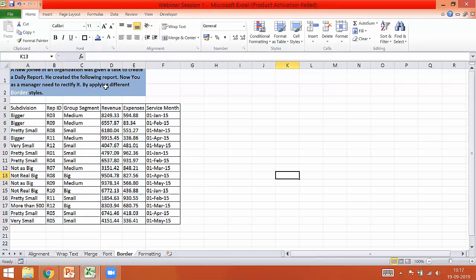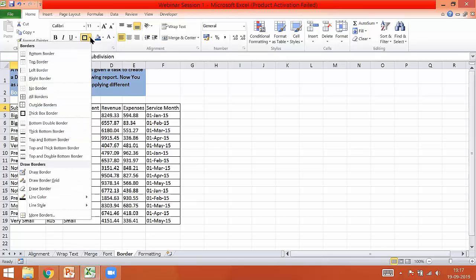Apart from that, you can even add horizontal or vertical borders, or cross borders. You can even use these functions for drawing borders. We will not be talking about all these border styles. Please explore these styles and it will give you a clear picture of what borders are about.